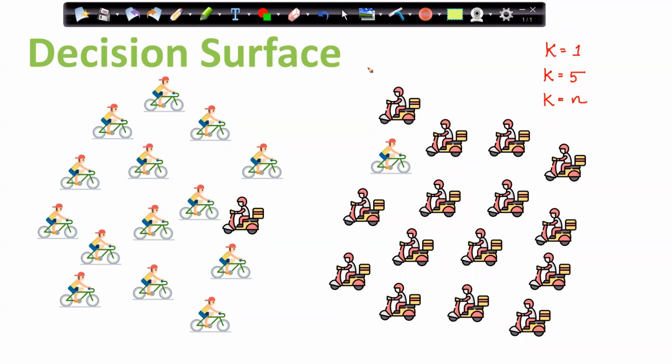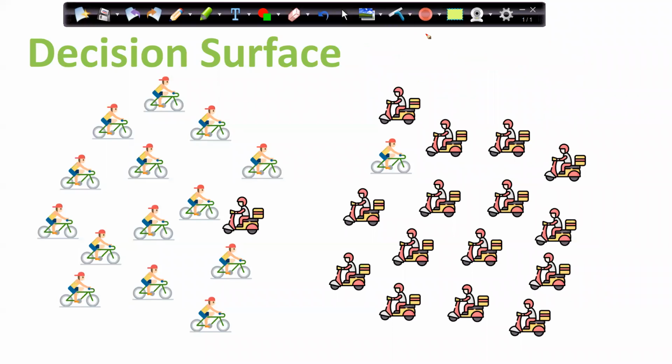When we are going to run the K nearest neighbor algorithm, we have to pass the value of K to the algorithm. And that is known as a hyperparameter. Basically, the value of K, this K, is known as a hyperparameter. We will have a detailed understanding of hyperparameters in future sessions. But for now, K is known as a hyperparameter.